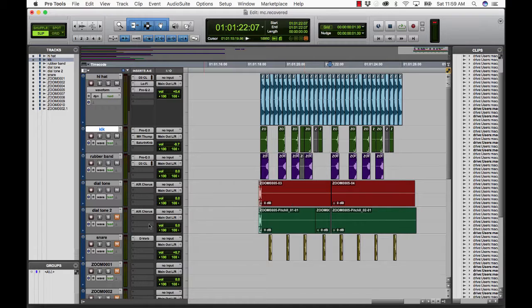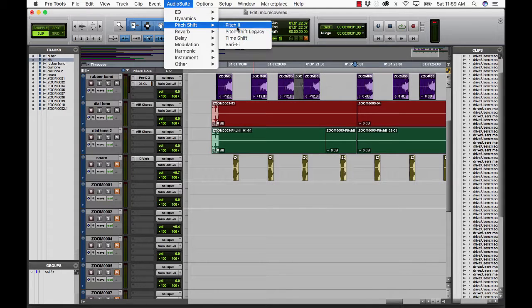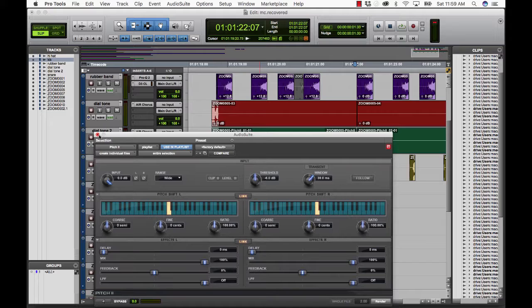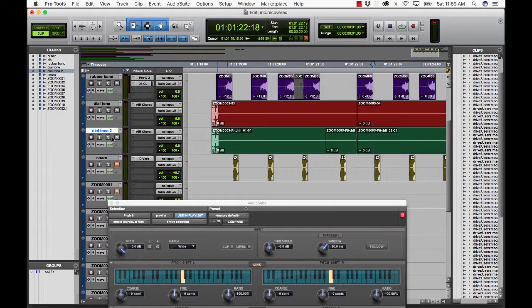So I created another track of the dial tone, but I pitch shifted it. I used the pitch shift plugin and applied it to the clip. So initially it sounded like this, and then this other layer I pitch shifted up a little bit. So when we combine it, we get a harmony. And I did the same thing for the second half of it. I pitch shifted it again differently. So again, I have it higher, then I have it lower. So when we combine it with the other dial tone,